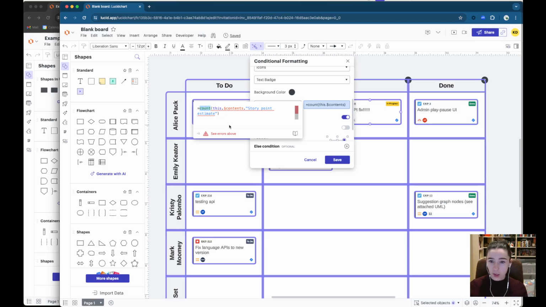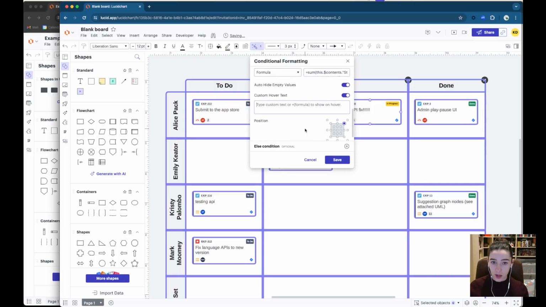And also I don't want it to be count. I want it to be a sum because we're looking to total all of that up. So my formula has changed. It's now grabbing all the contents of the column and it's saying, okay, get me their story point estimates if they have them and sum them all up. So that is now going to give me that. And let's go ahead and copy that formula because we're going to use it in our custom hover text as well. So I'm going to say total story points